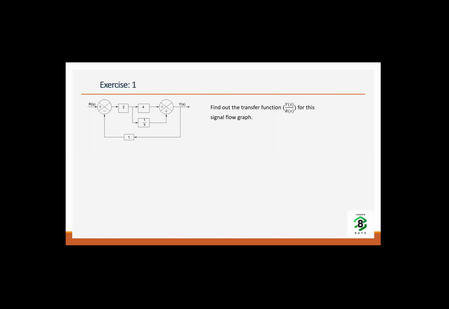You can see the input-output relationship of any complex system is expressed by the transfer function. And the block diagram need not always be a single component or a simple one. It will have multiple components, but you have to simplify them to the simplest form of a closed loop system, which consists of a single forward path component and a single feedback component, and we write it as this.